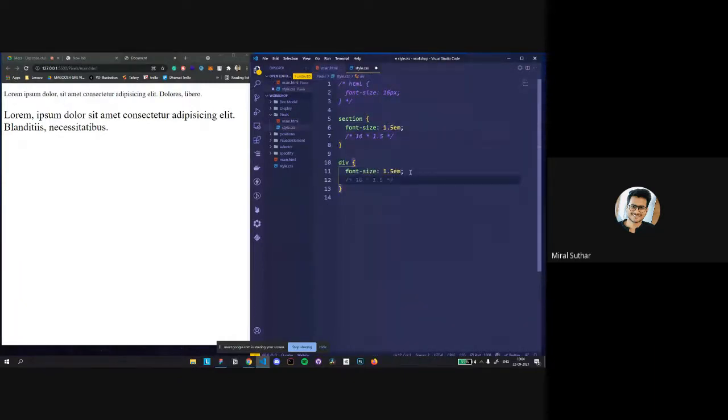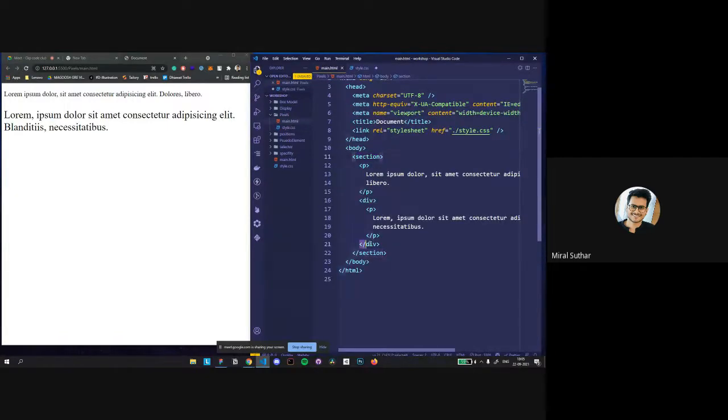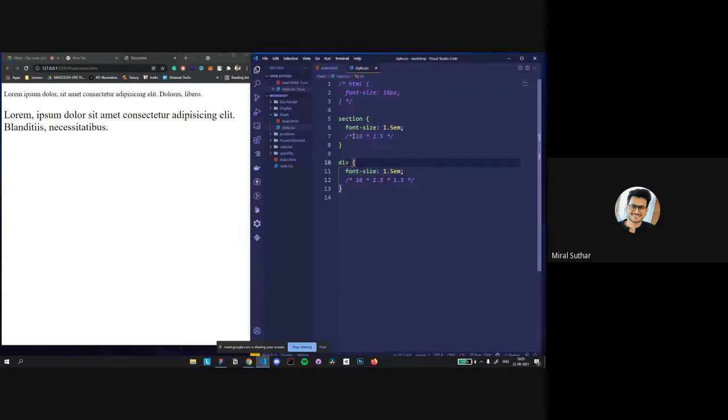So it takes the 16 from the HTML and multiplies by 1.5 from the section tag, and then the div's own size of 1.5. That's what the div has done with the paragraph tag.